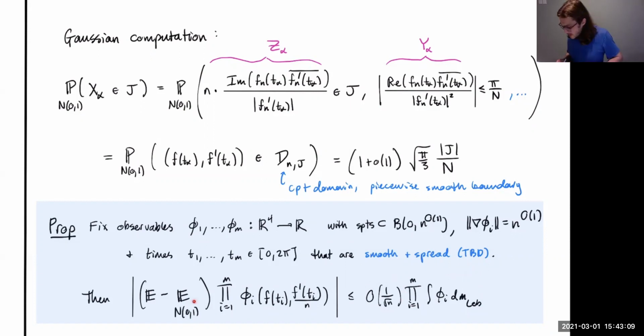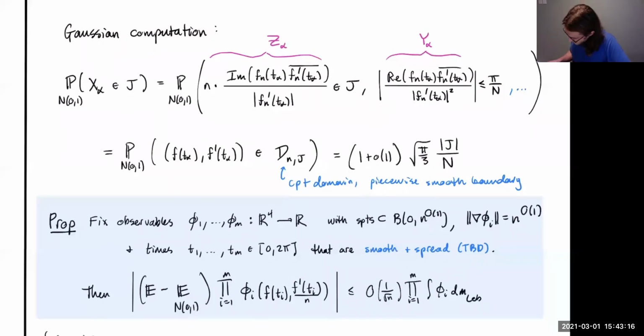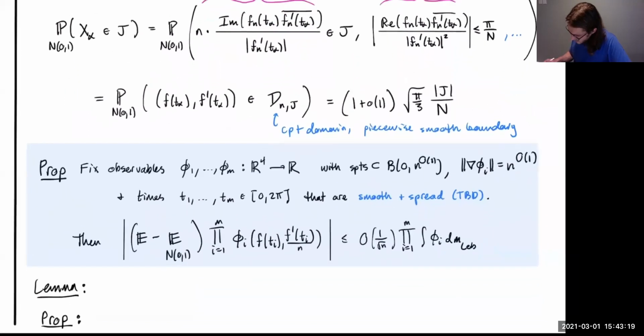This we get as a consequence of our control on the characteristic function. And then where do we go from there? That's the black box universality ingredient. From there, there's a lemma that if these times T1 up to Tm are spread out, let's say well separated,